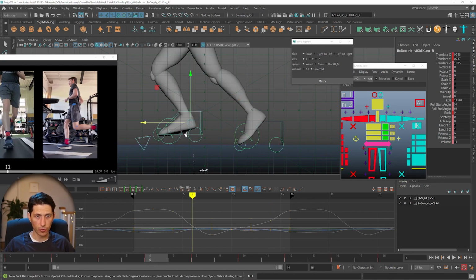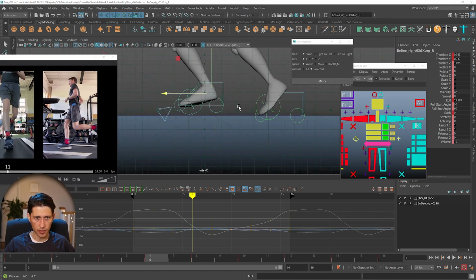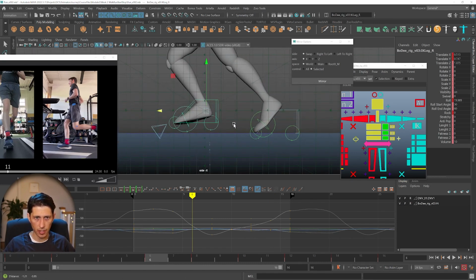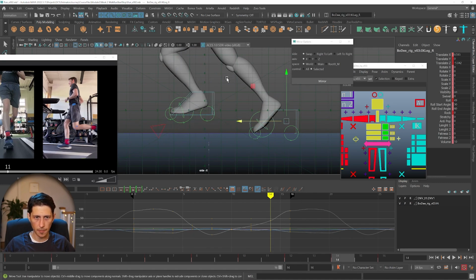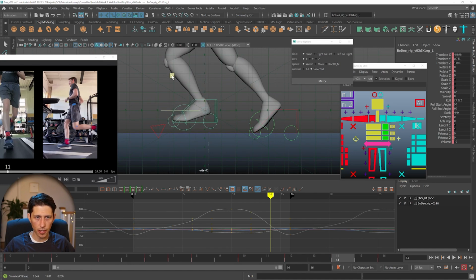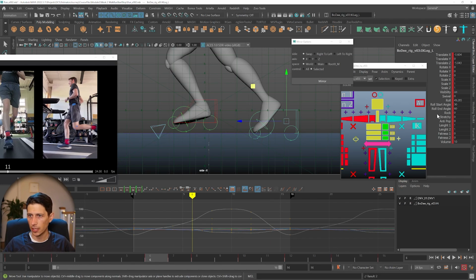Then we do the same thing for the other foot. So that is at whatever height. We could use the field chart, same thing, get it in the right spot. So use the field chart guide, match that, and then we can look at the other attributes that are in the foot, like